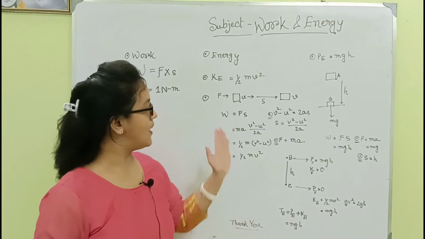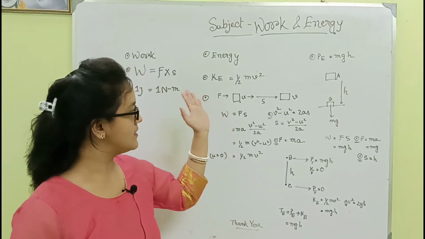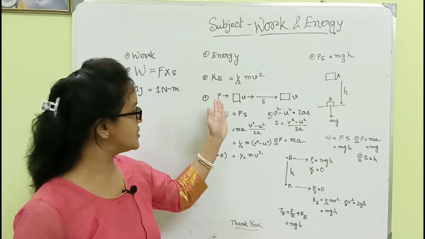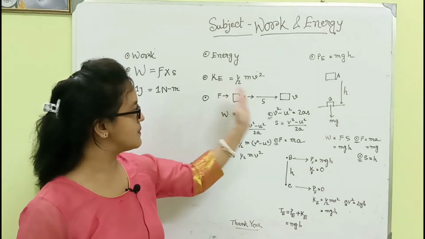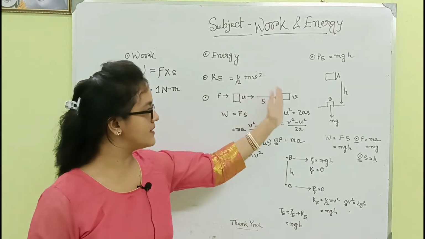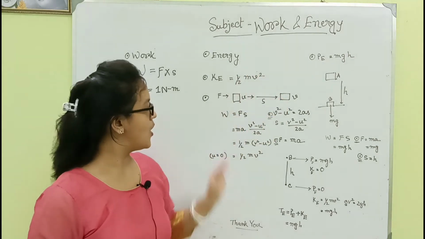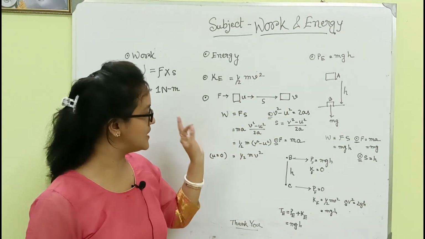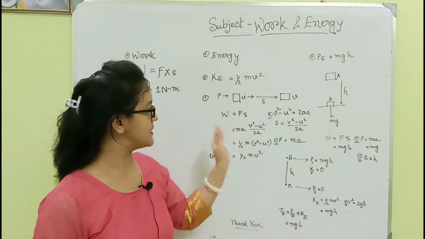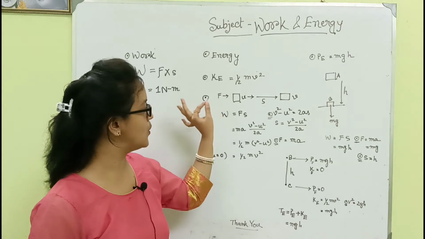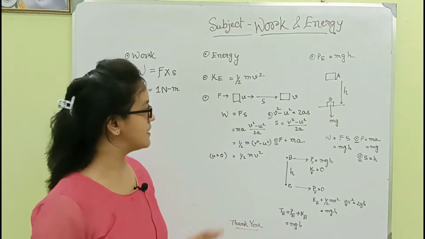Okay, now through this diagram we can say force is applied here. The object has initial velocity u, the displacement is s, and the final velocity is v. Work is done, which is the product of the force applied on the object and the displacement. So W equals Fs. Okay. Now